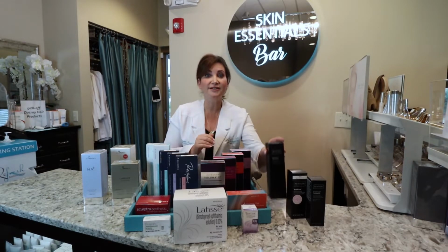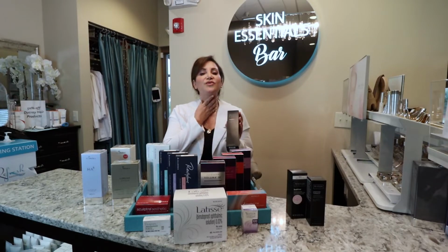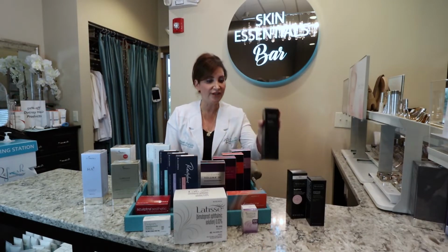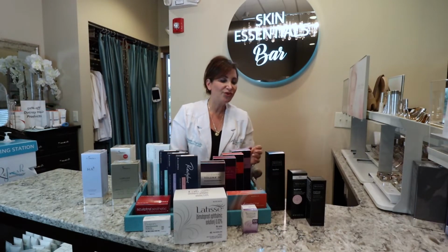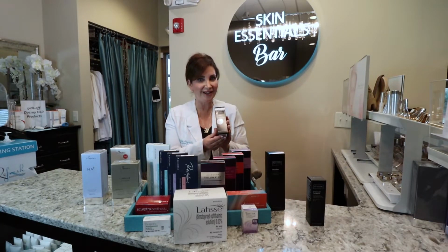Also, and again, this is a must in our 40s, sometimes even starting in our 30s and beyond, Nectifirm Advanced. This is wonderful for the neck and décolleté, a true essential twice a day. And we're thrilled to now have not only Nectifirm, but for those of you ladies my age, we know we're seeing